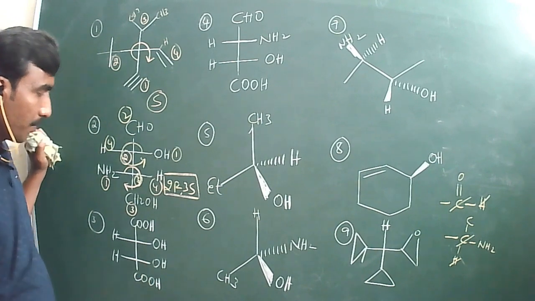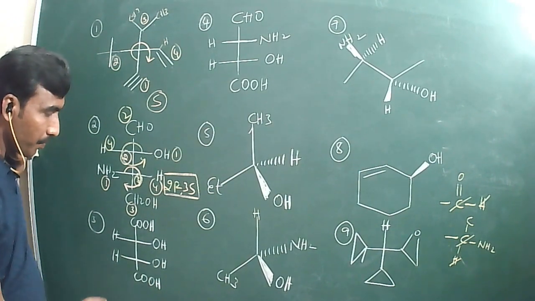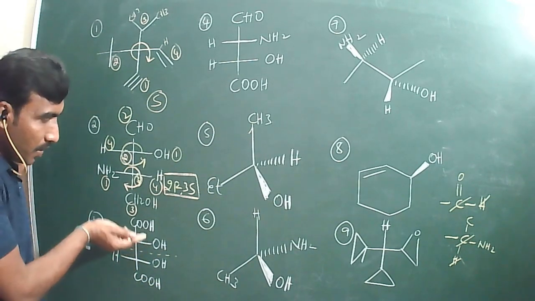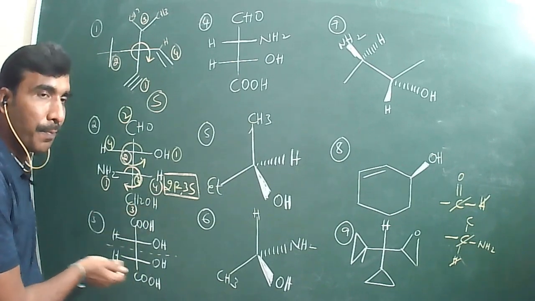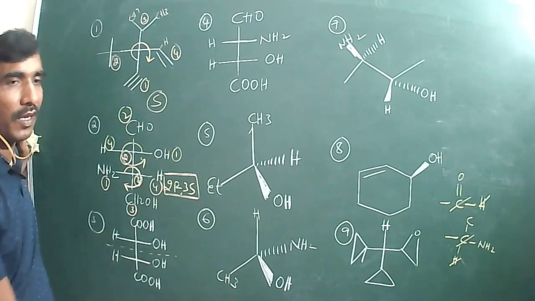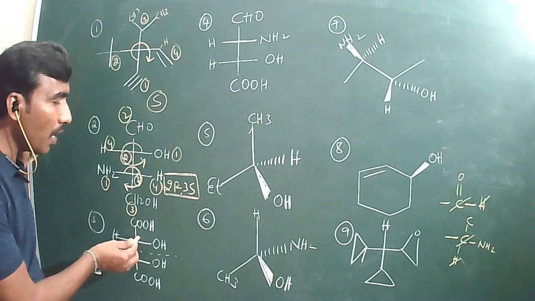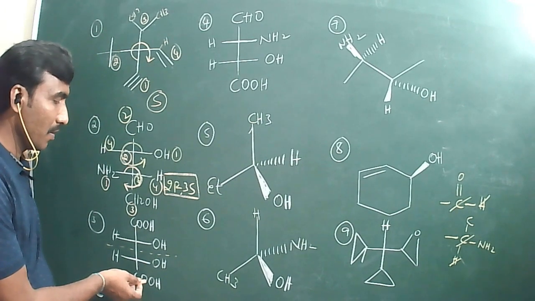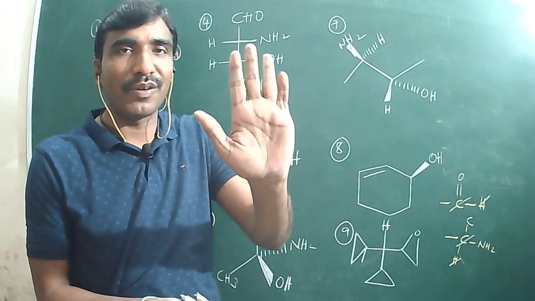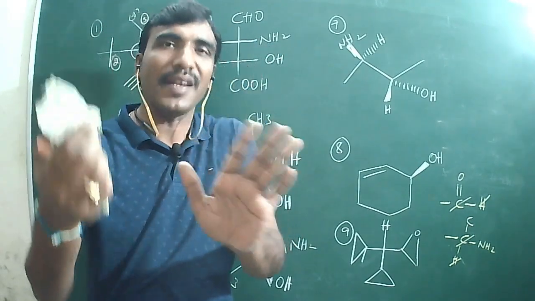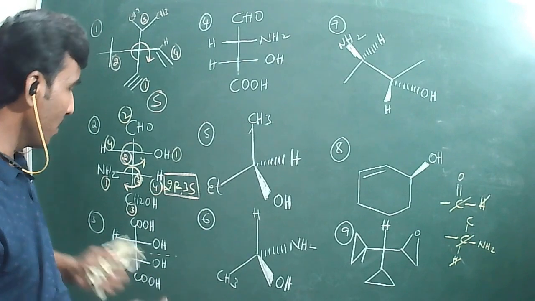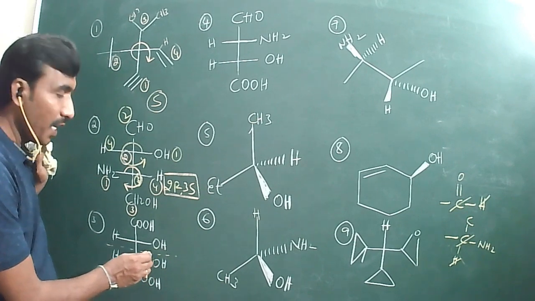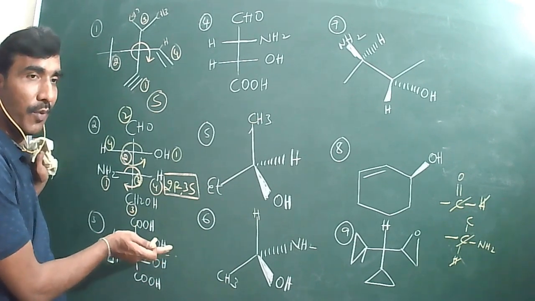Now coming to here, two chiral centers I have, right? It is having plane of symmetry, whatever it may be. You just imagine that the upper part is exactly mirror image of the lower part or not. If it is R, it could be mirror image. Let us suppose this is right hand. If it is in the mirror image, will it be right hand? Yes or not? Right. So first, in this case the molecules which are having plane of symmetry, if you find the configuration of half of the molecule, the remaining will be reversed.